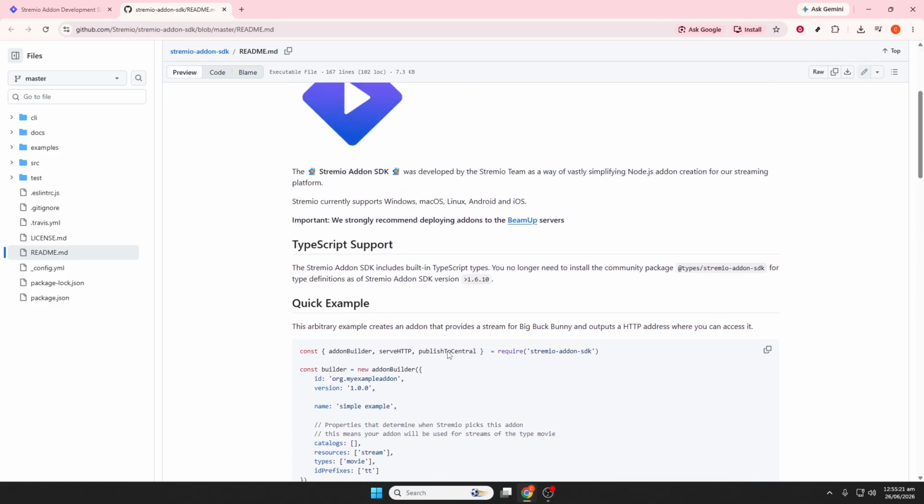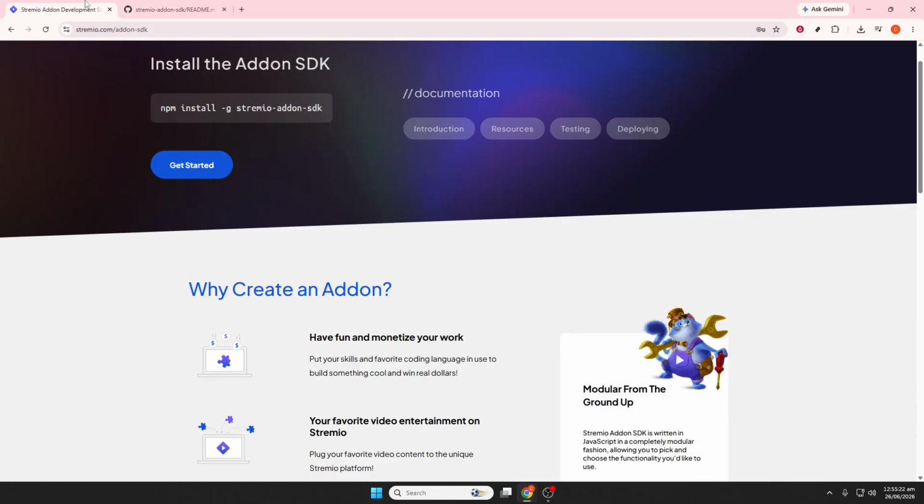You should also verify whether the add-on itself is actually available. Sometimes the issue is not with Stremio at all. The add-on server may be down, the developer may be performing maintenance, there may be API-related problems, or the add-on may have been discontinued. Try testing